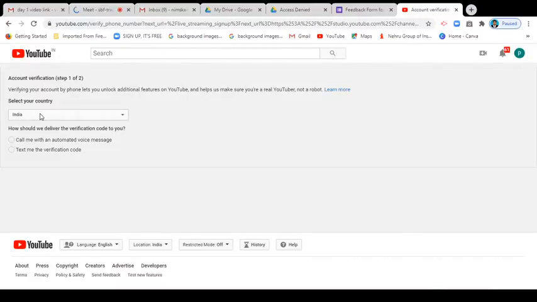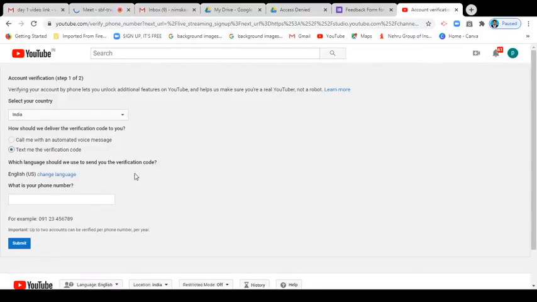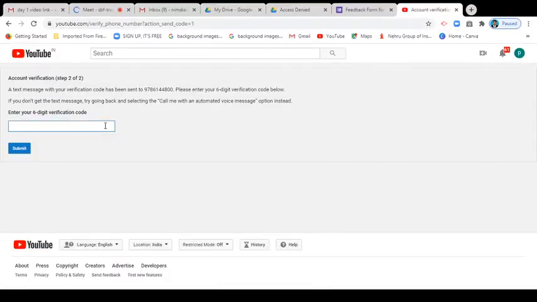Step 1, you can select the country India, and send the text me the verification code. If you enter your mobile number, it automatically sends the verification code to your mobile number. After you receive the verification code, you simply enter it.